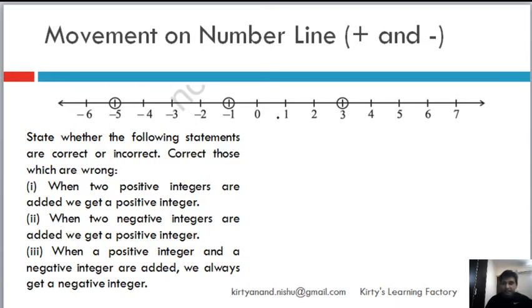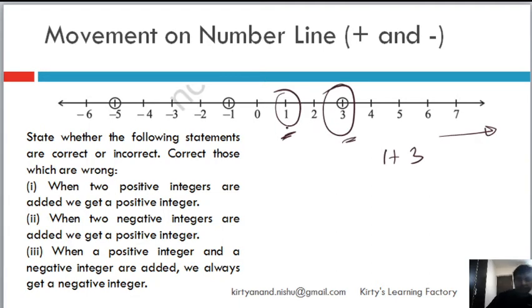So for me, it says right here, this is the number line. We have, let's say, two positive integers, 1 and 3. Now we are adding 1 plus 3. What happens is that we are taking one positive value and then adding another positive value. So what will happen? It will move towards the right hand side. Yeah, it will move towards the right hand side. And because both the values, both 1 and 3, are on the positive side, whatever we add or whatever we move towards the right hand side, it will always be a positive value only, because